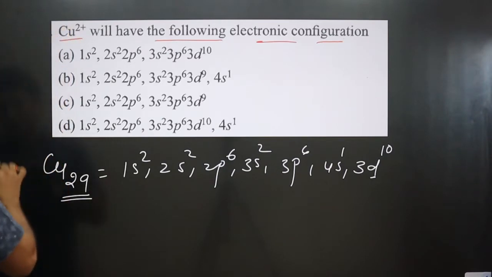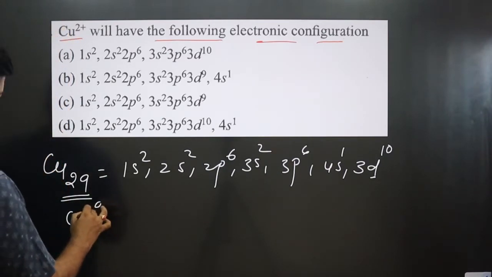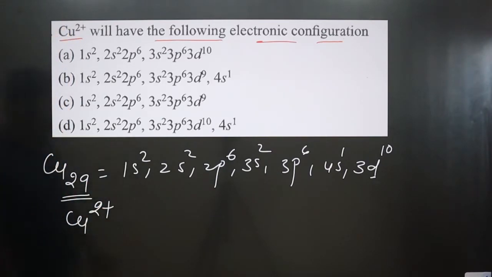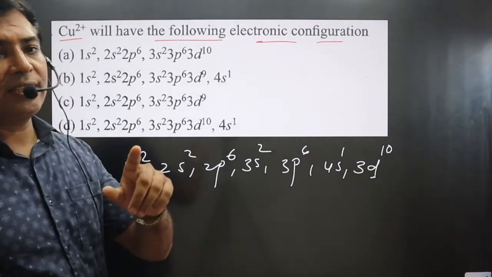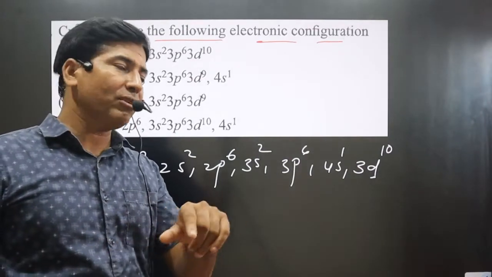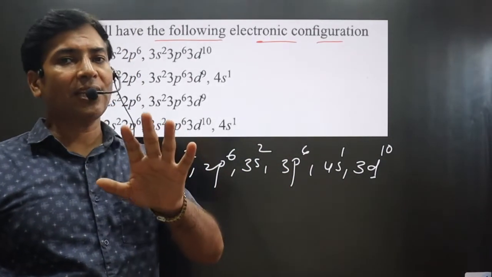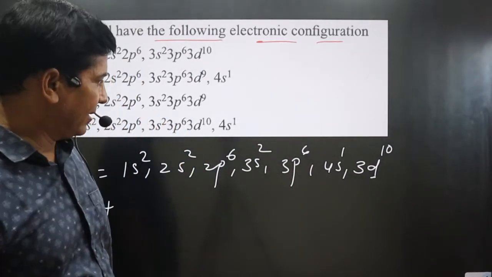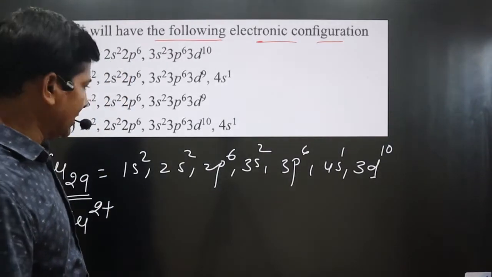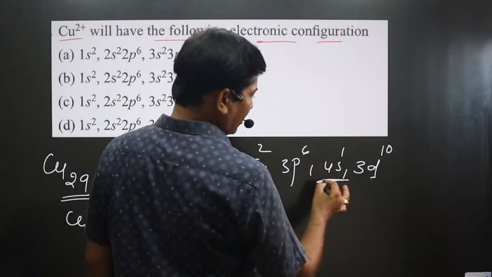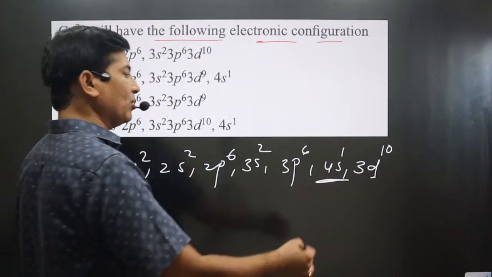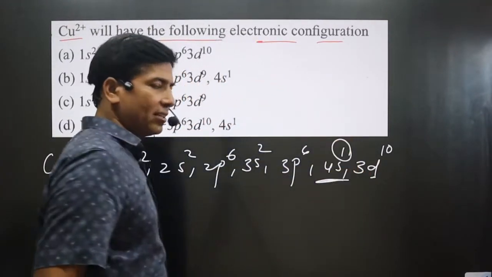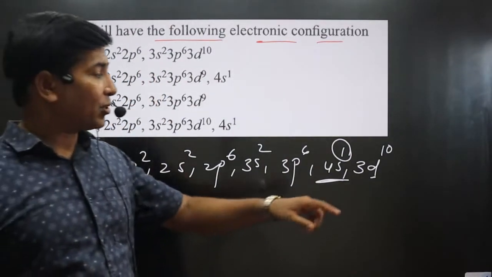Now we have Cu2+. It is losing how many electrons? 2 electrons. Always keep in mind, loss of electron is done from the s orbital and gain of electron is done from the d orbital in case of d block elements. But the problem is that in the outermost shell 4s, we have only one electron. So first of all, it will lose one electron from here, and then another electron it will lose